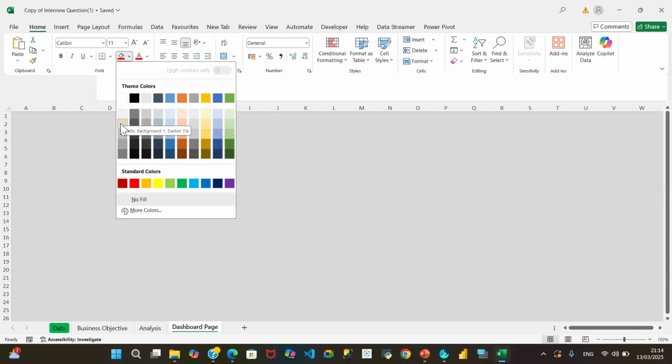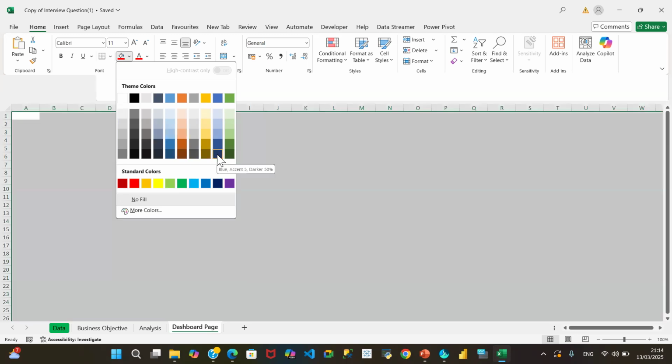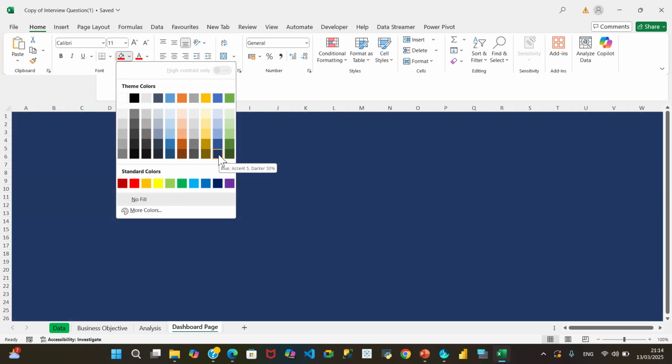Maybe you don't want a plain white background. Maybe you want something a bit gray, or a dark background like this. It depends on what you have decided. It depends on a lot of things. Maybe you want to design by your brand color, the brand color of your organization. Maybe it could also just be a choice. Okay, let's go with this dark color,